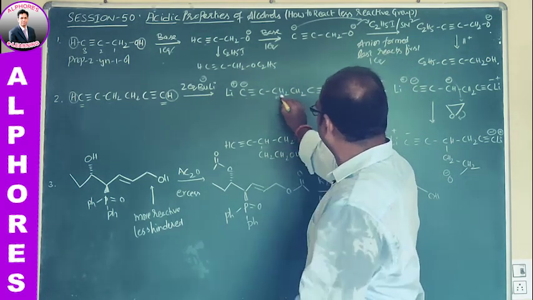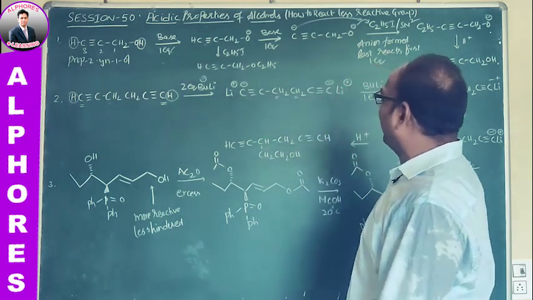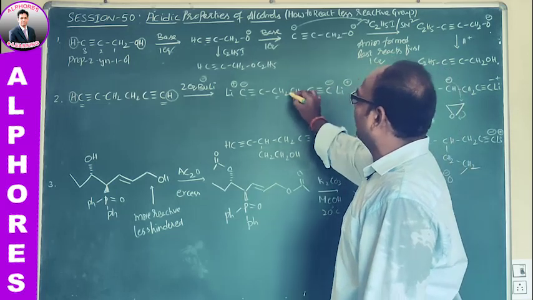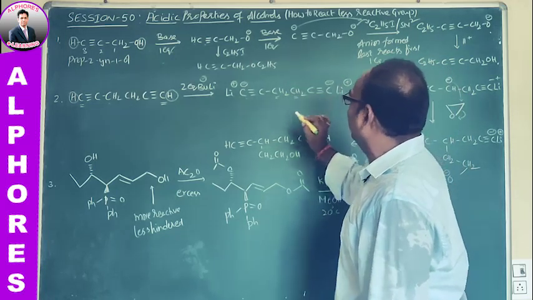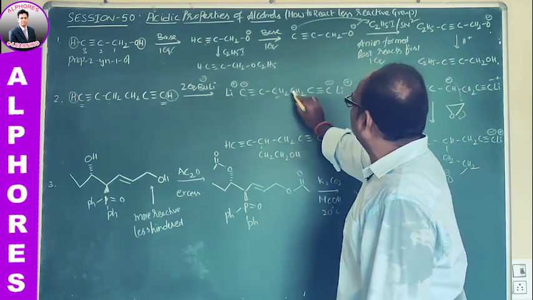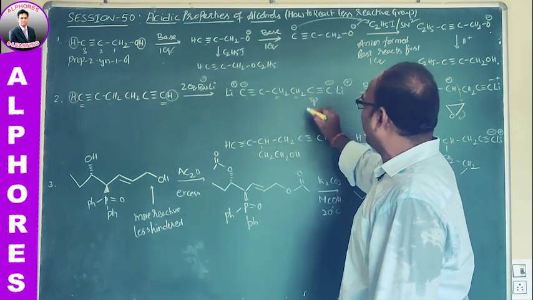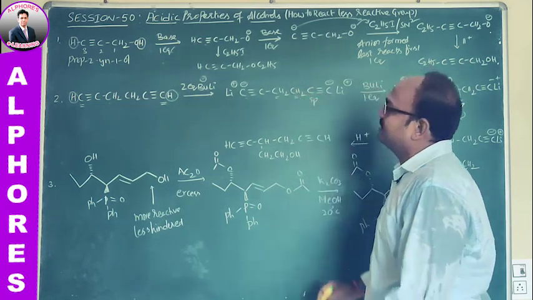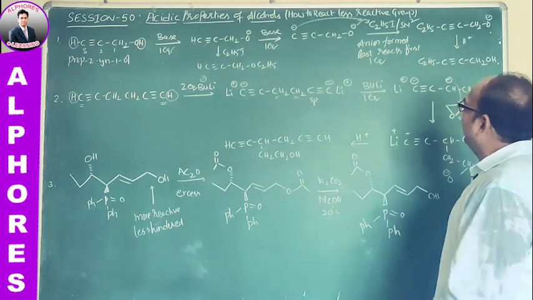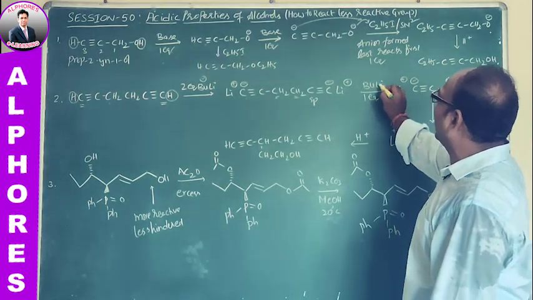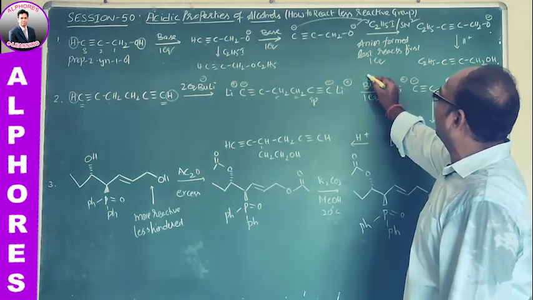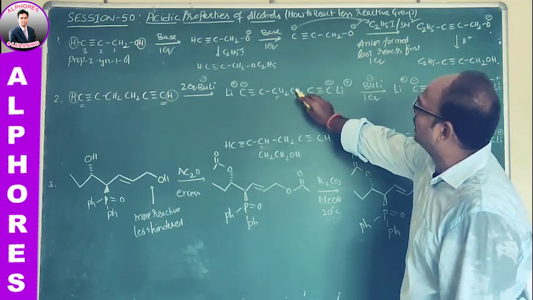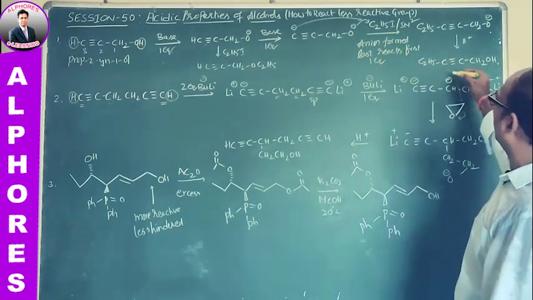But here the hydrogens are sp3 carbon-containing hydrogens. As we know, these hydrogens are much less acidic, and because this carbon is attached to an sp carbon, the hydrogens on this carbon are a little bit acidic in nature. When we are using butyl lithium, this butyl carbanion is going to abstract a proton from this carbon, and you are getting